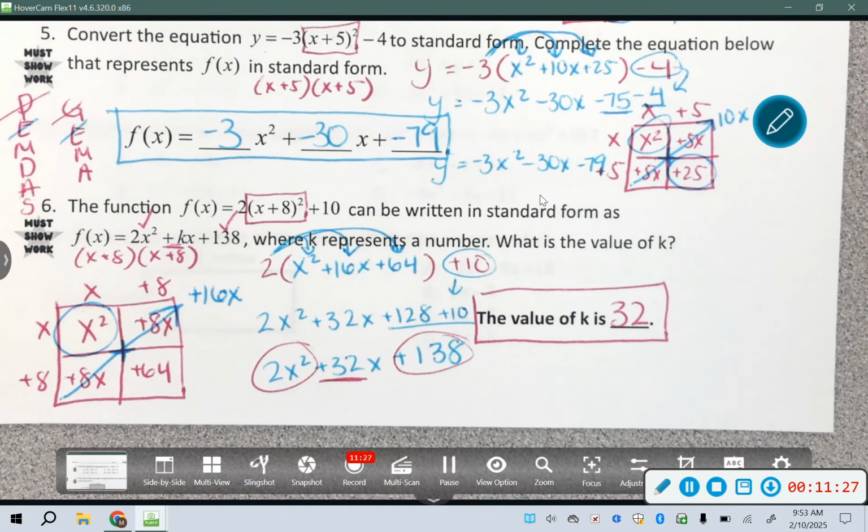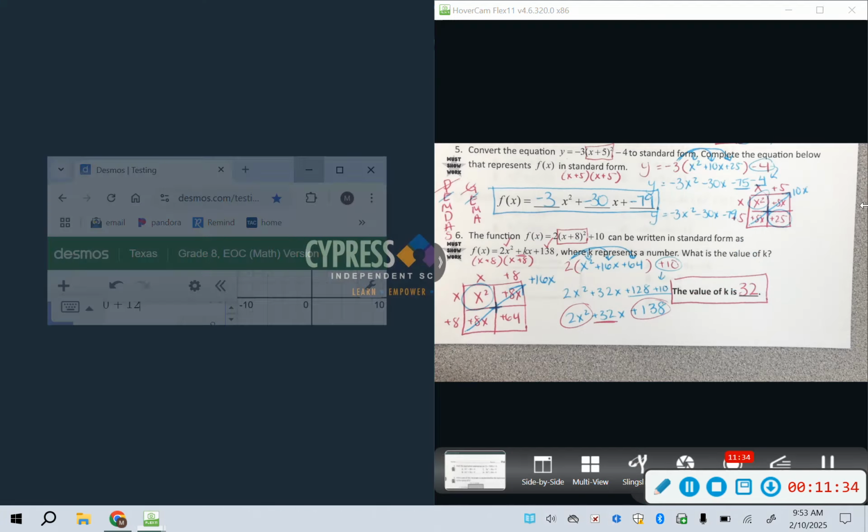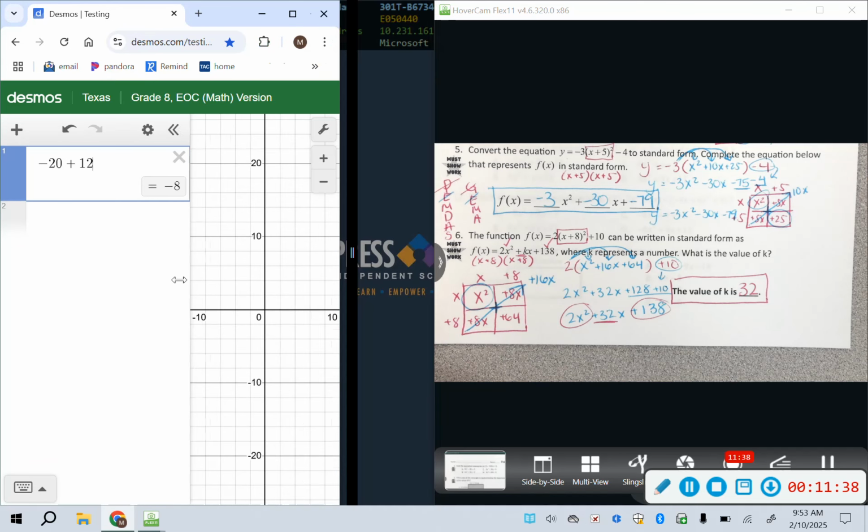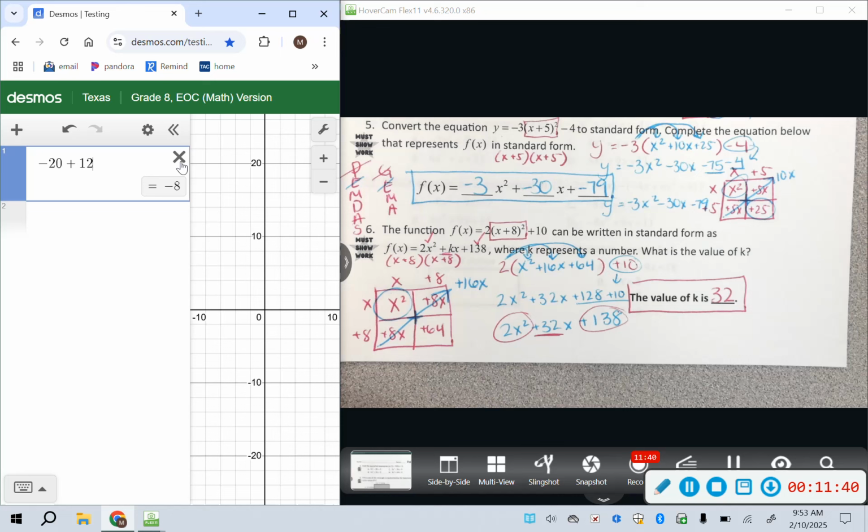Now, I also want to show you that you can check these in your calculator. So I'm going to pull my calculator, split screen. You can check every single one of these problems in your calculator. Come over here. Doesn't let me go any smaller. Okay, so knowing that, if we just look at number 5,